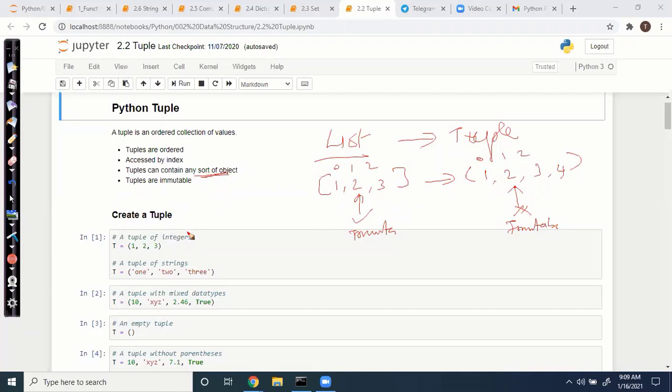The only difference is square brackets with comma separated values versus parentheses with comma separated values. One is mutable, another one is immutable. Suppose you handle data that the developer should not be allowed to edit. That means you can use a tuple object.